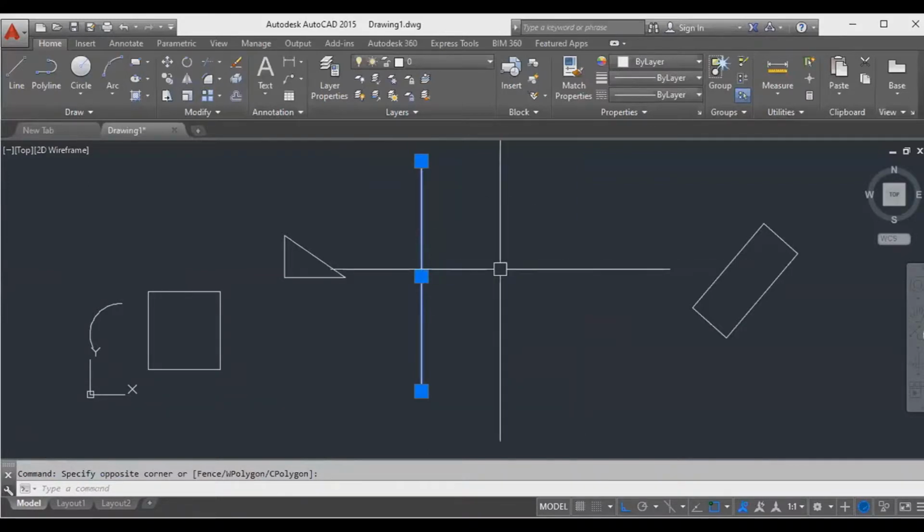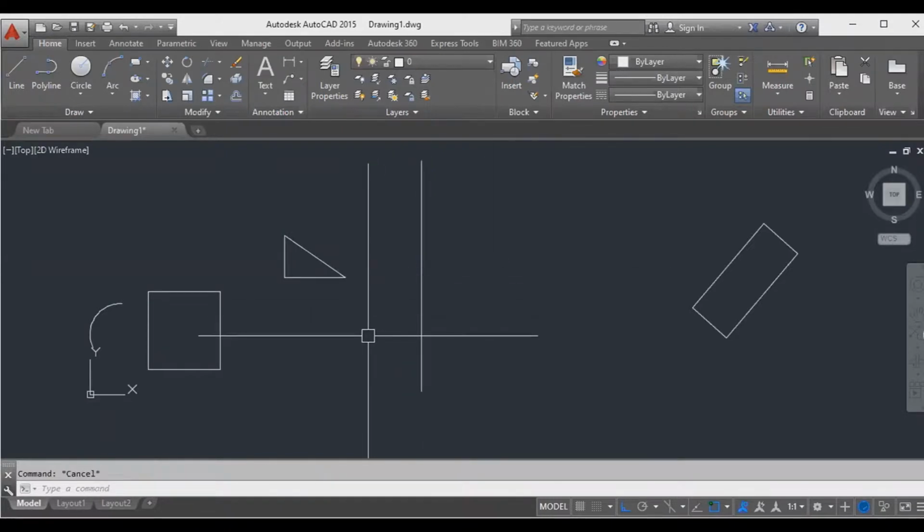A real mirror will show the object in the same direction in front of you, if you are standing in front of the mirror. But in AutoCAD, if you are using the mirror command, AutoCAD will take that object as a mirror point to reflect into the opposite direction. Okay, I will do it here.